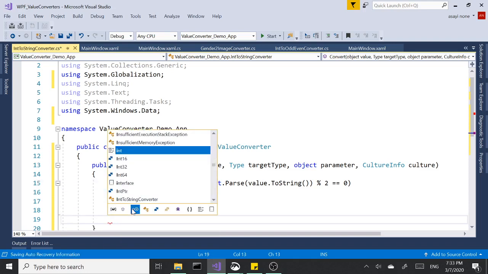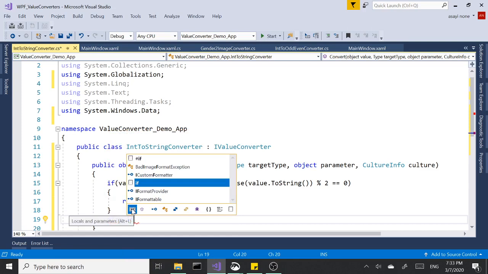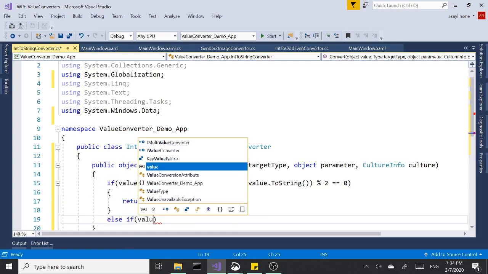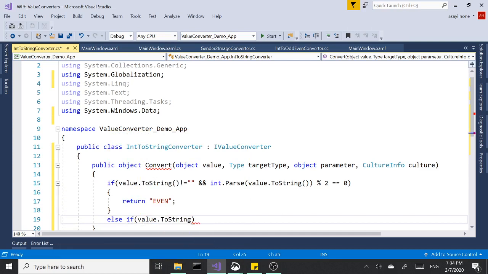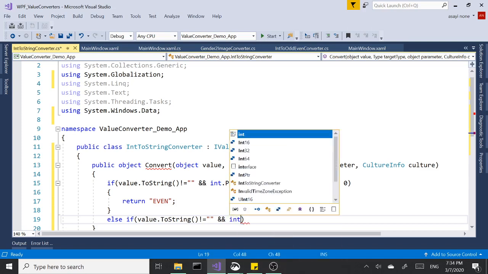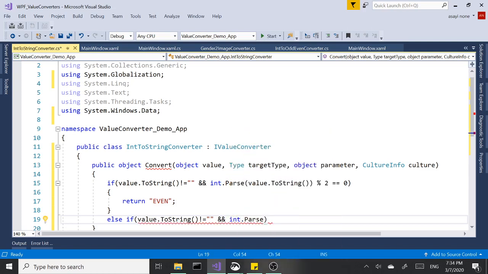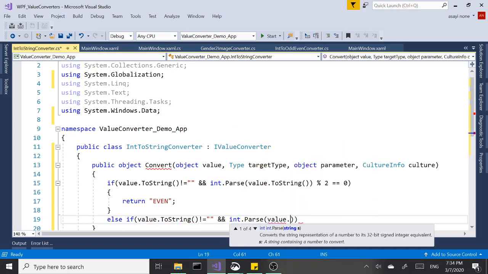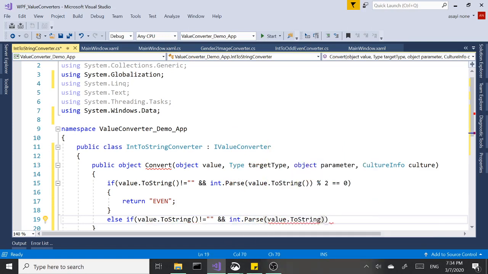Else if value.ToString() not equal to an empty string, and int.Parse(value.ToString()) modulus 2 not equal to 0. In that case,